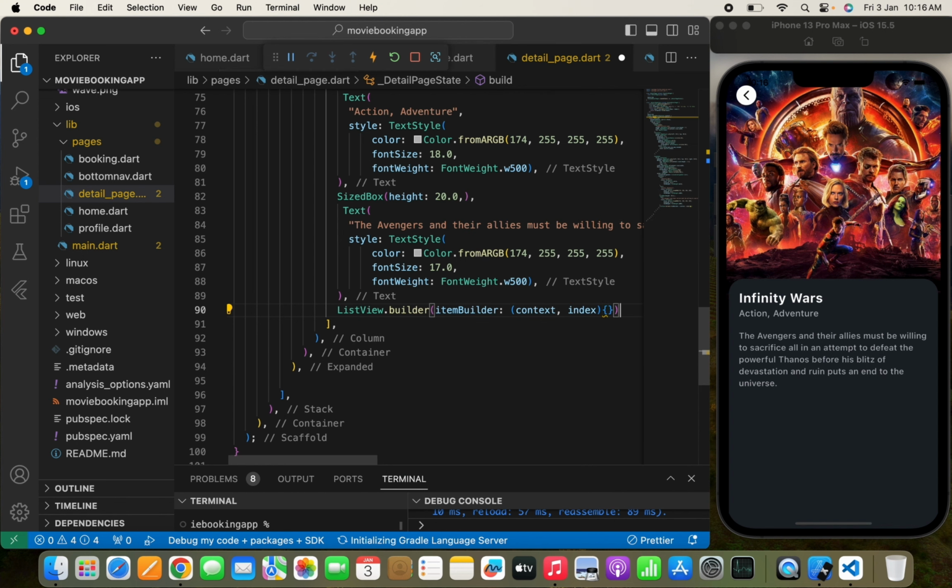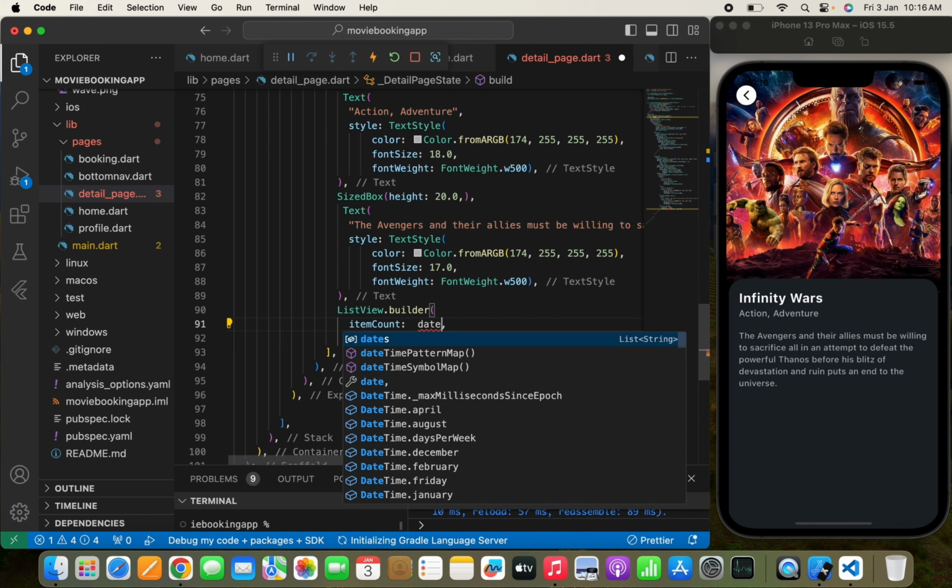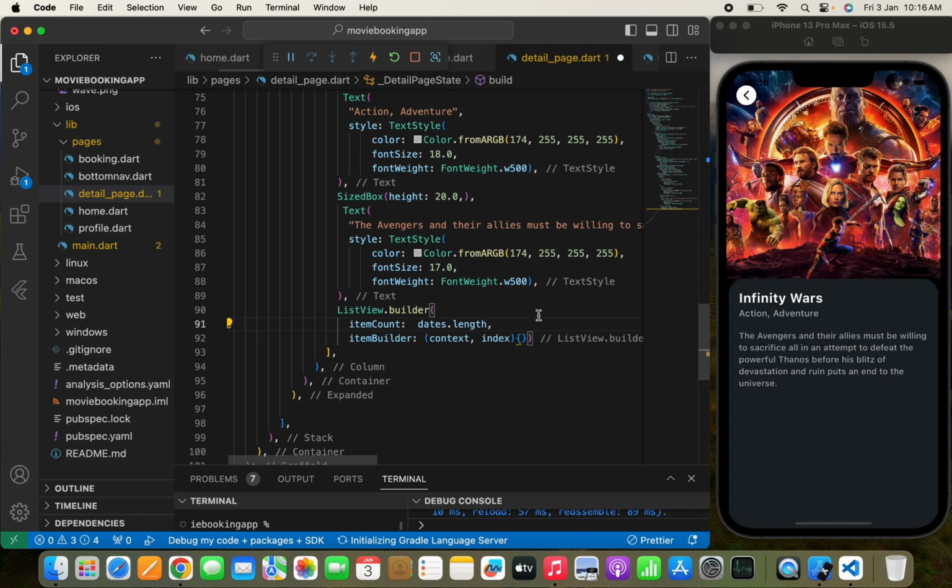As you can see, we have simply passed the final dates over here. So I'll simply call the dates over here in the ListView.builder. For that, I need to first pass an item count, so that I keep the count like dates.length, something like this. Now here I'm going to simply pass a return,